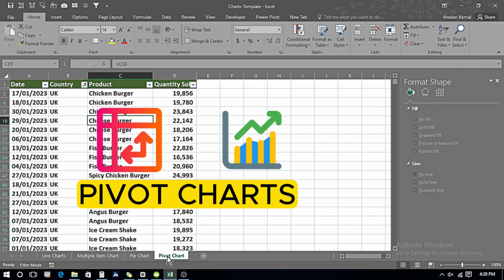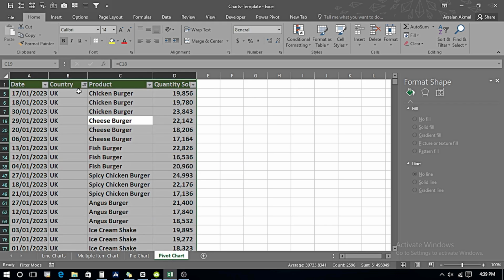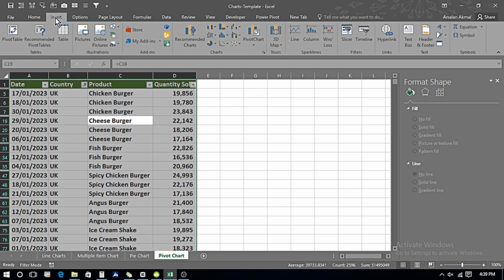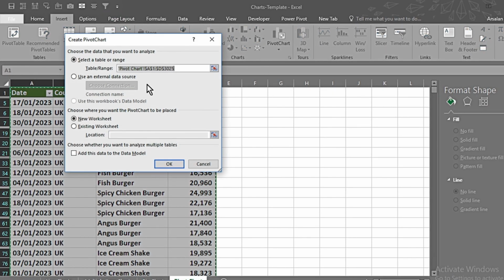Pivot charts work the same as pivot tables, and as powerful as pivot tables are, likewise the pivot charts function the same way. I select all of the data by pressing Ctrl A, go to the insert tab, and here we have a pivot chart option. I click over here and it asks whether I want to place the chart in a new worksheet or an existing worksheet.